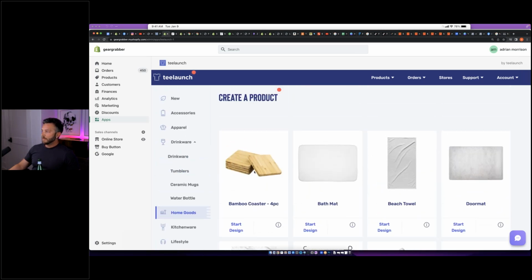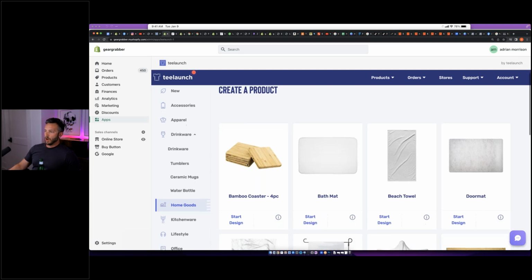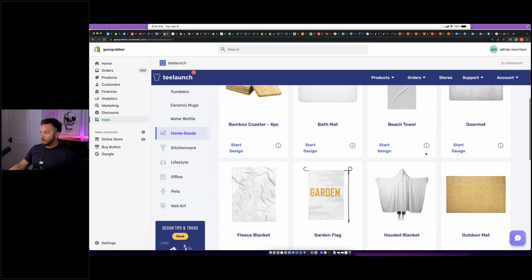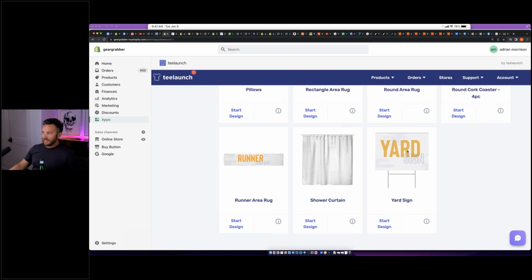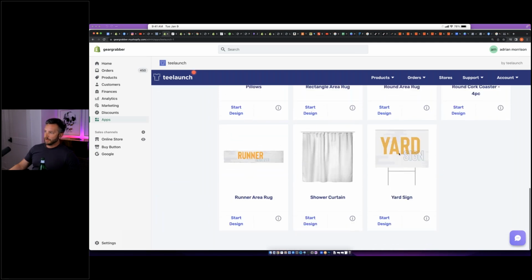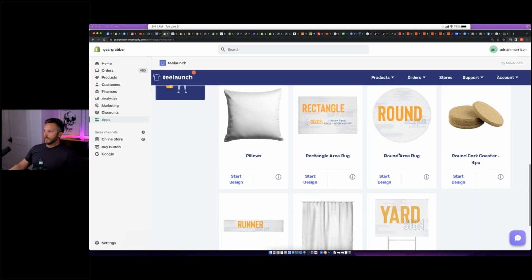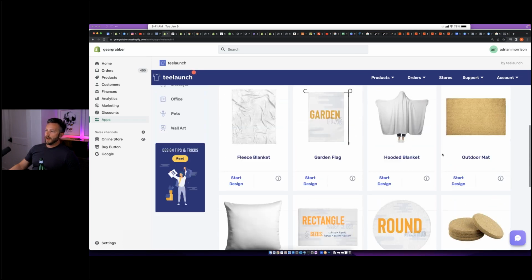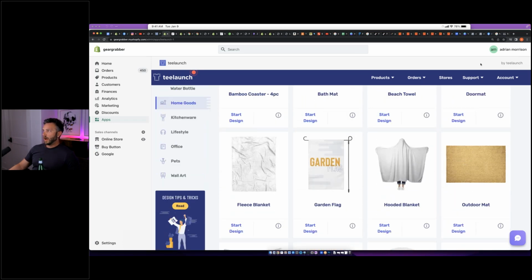Imagine having team whatever lifetime member or proud whatever on bamboo coasters or bath mats, towels, right? Yard signs. So that would be cool actually. That's pretty new. Yard signs, coasters, area rugs, outdoor welcome mats. Come on.